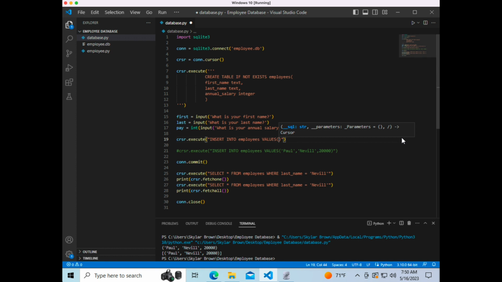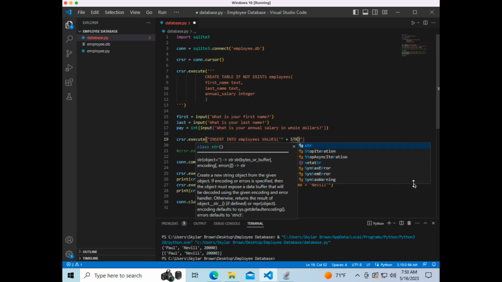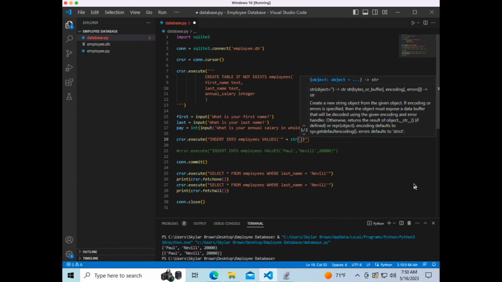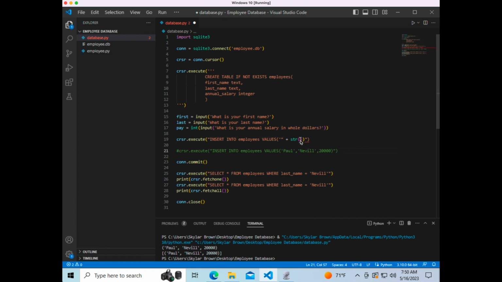And now we do parenthesis, single quote, double quote, space, plus, space. str, which stands for string, and actually let's do that lowercase. str, parentheses, first,